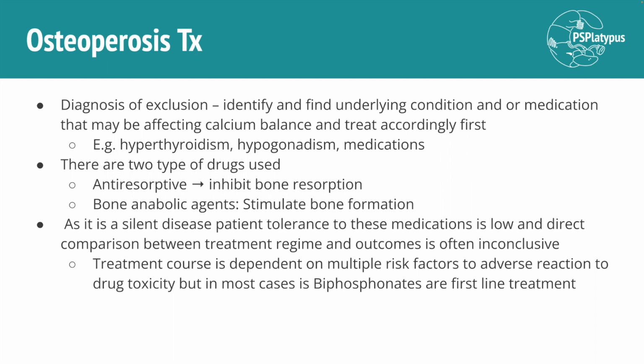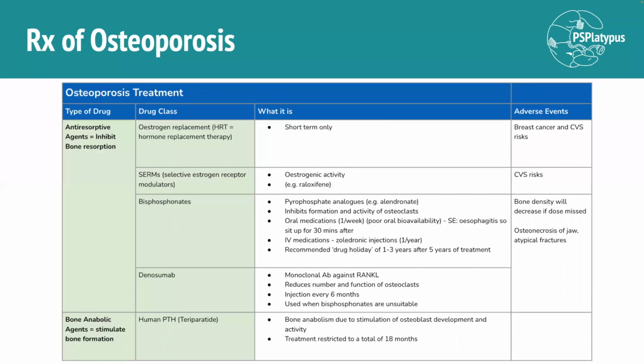Although the treatment course is very dependent on the risk factors that the patient has, as some of these drugs act to exacerbate certain risk factors due to their adverse reactions and drug toxicity. The gold standard in most scenarios is the use of bisphosphonates. Now, looking at our two types of drugs for osteoporosis treatment,